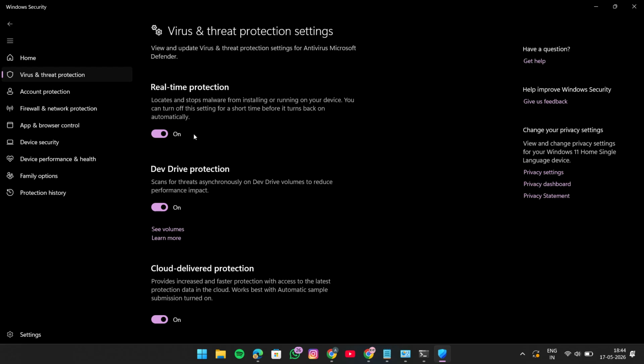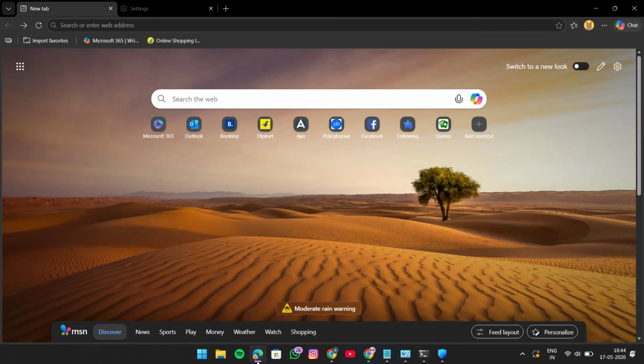Once you've done that, open Microsoft Edge again and see if the error is gone. If Edge starts working normally, then one of those security tools was likely causing the problem. In that case, you can turn protection back on and then adjust the settings to allow Edge through safely instead of leaving everything disabled. If you ran the network reset command, it's a good idea to restart your computer now